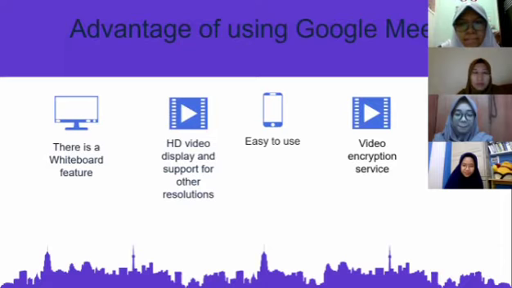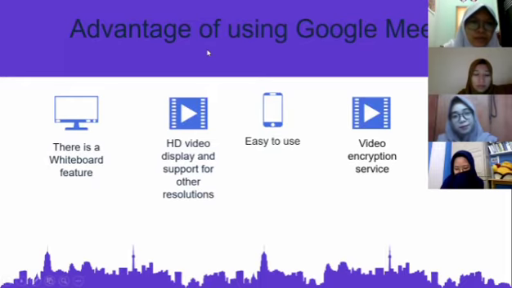Google Meet provides this service to maintain the confidentiality of data for its users, so that we don't worry about the theft and sale of our data. Sorry, and this is the last advantage of Google Meet: we can invite up to 100 participants. And next slide, please, Andini.